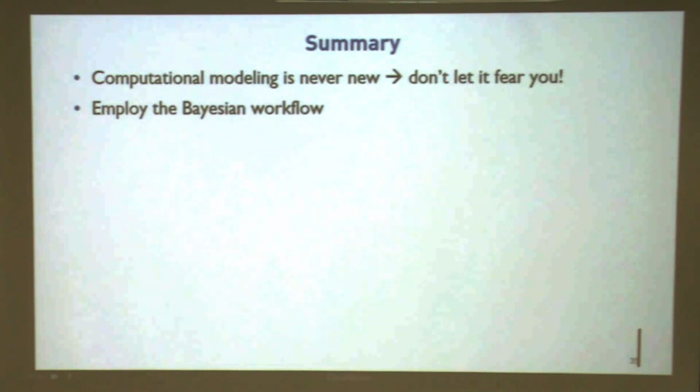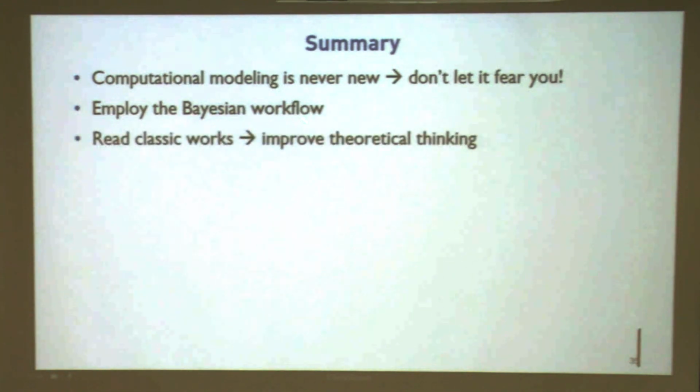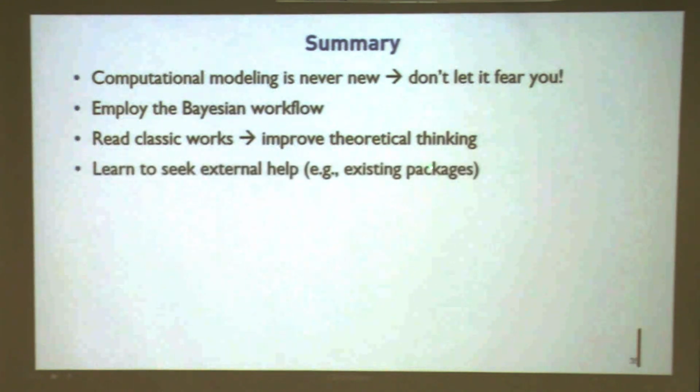Like in the agent-based model with the number of sheep and wolves, you do some simulation to see the dynamics of all the interacting agents. And the Bayesian framework is rather reliable and better than traditional model fitting approaches like maximum likelihood, for instance. There are also some more classical works. This is what your bachelor study is about. If you are in bachelor studies, you learn a lot of classic psychology papers from the 70s and 60s. They're gold. You dig into them and always find interesting questions, rather than looking at a paper from me 2 years ago, for example.